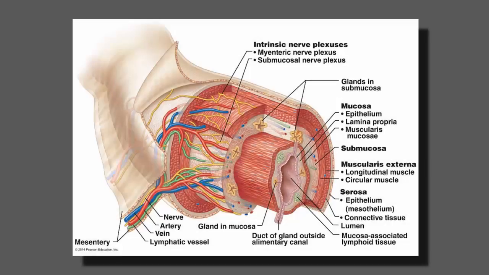Let's go through a quick review of the histological architecture of a hollow organ. The innermost layer surrounding the lumen is called the mucosa. The mucosa is composed of three parts: the epithelial layer, the lamina propria, and the muscularis mucosa. The next layer is called the submucosa, which is a connective tissue layer. And then there's a couple of layers of smooth muscle called the muscularis externa. And then around the outside of the organ we find either a serosa or an adventitia, depending on the location